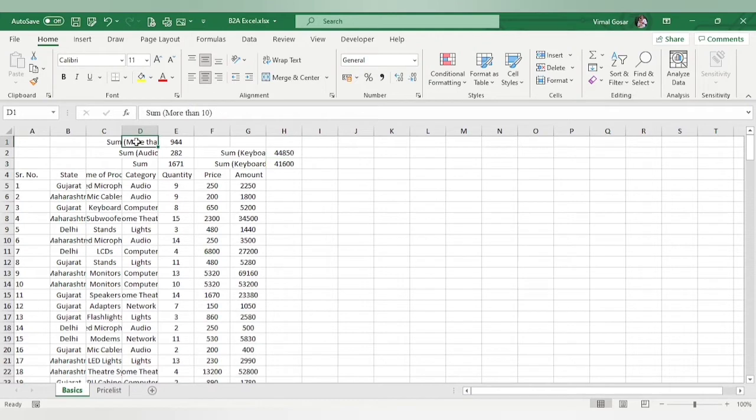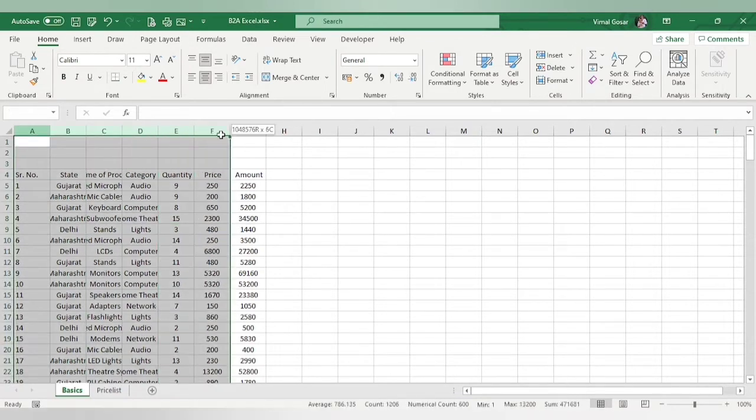Now instead of summing it up, we will find out the counts. Let us understand the counts. But before that, I would like to fix something over here. Here we can see that all the columns are uniformly distributed according to the width, but we don't need that. It is not easily understood.